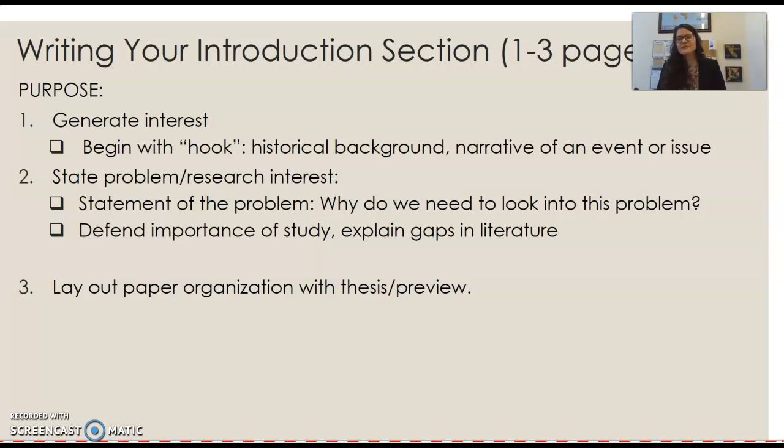All right, this is a good place to begin to explain the gap in the literature. What's missing? What's left to be said or uncovered about the phenomena that you're studying? All right, you've explained this a little bit already in your abstract, your research symposium proposal, your proposal for the larger project. So where